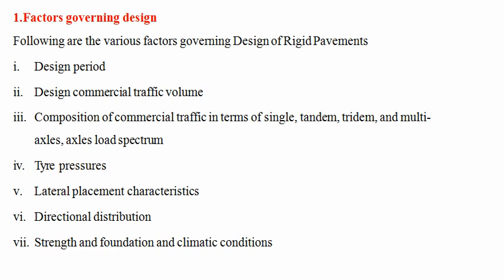Next is the composition of the commercial traffic in terms of single, tandem, tridem and multiple axle load spectrums. So this is the grouping of the various vehicles into axle loadings. Next, the tire pressures, followed by the lateral placement characteristics and the directional distribution of the traffic on the pavement,